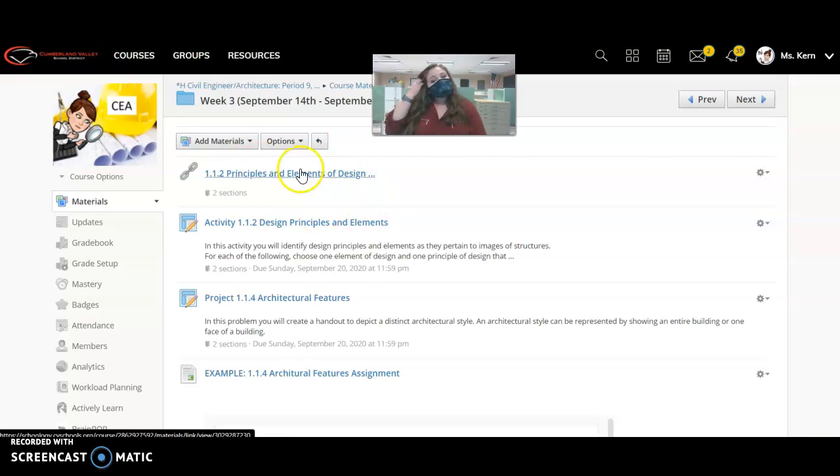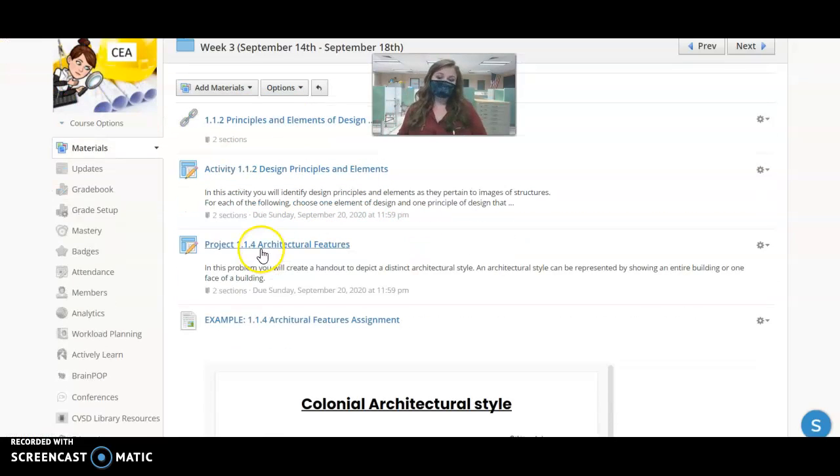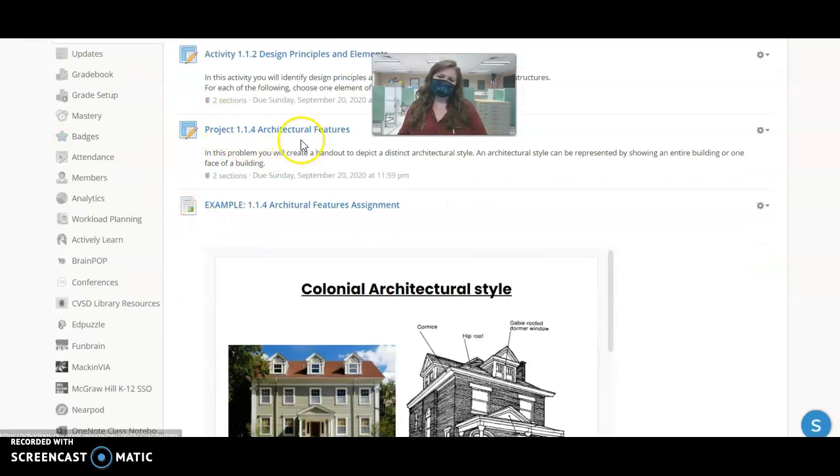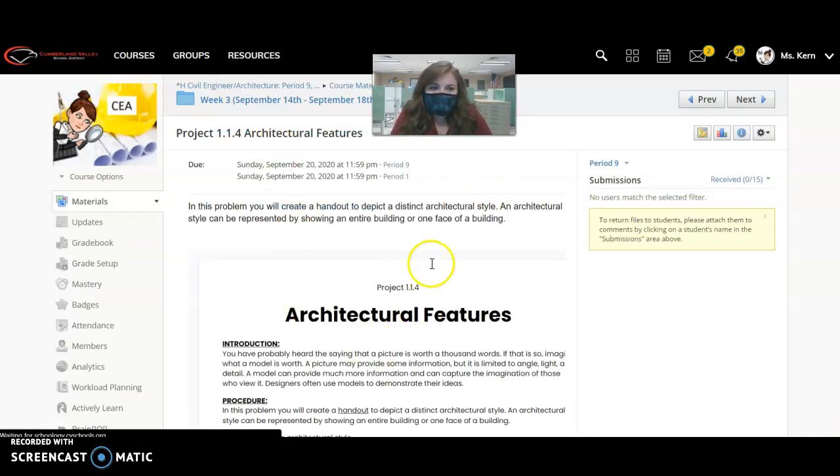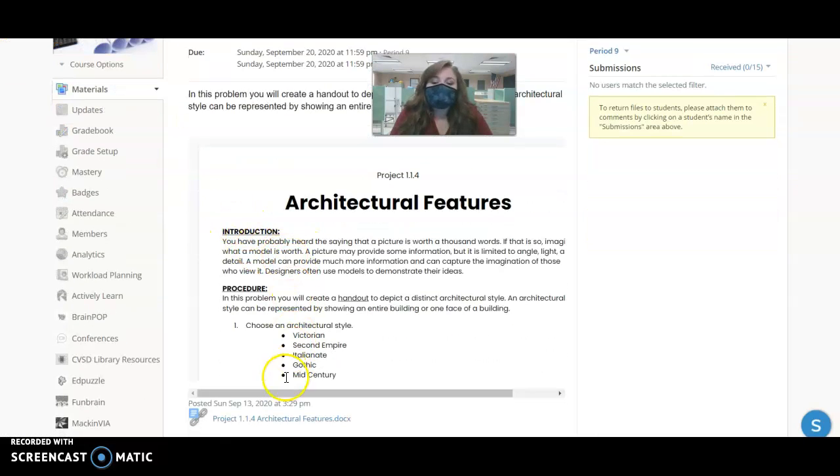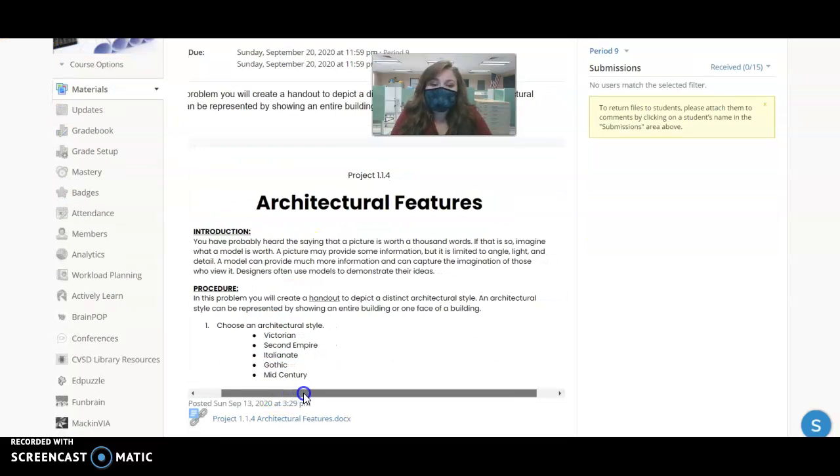I'm not making you take notes on this PowerPoint because you're doing that while you're filling out the assignment. And finally, it's just this project 1.1.4, architectural features. So it'll look familiar to the assignment or the project you did last week with the different Zillow homes, except this time you're going to become kind of a pro in one particular style. So here what you're going to do is